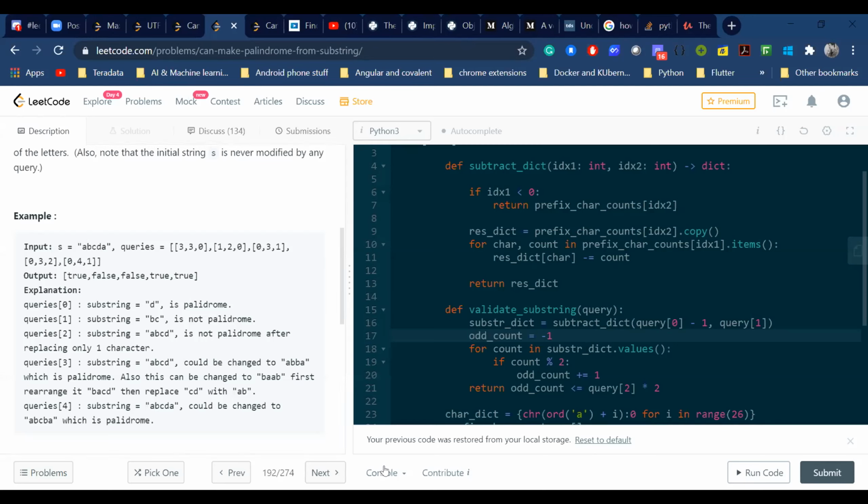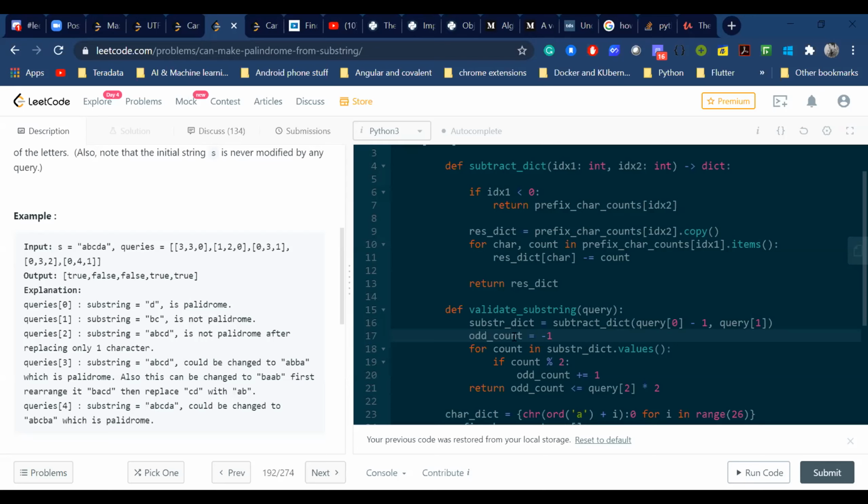I will have n maps, as many maps as the length of the string. I think your prefix array is of dimension 26 cross n, where n is the length of the string.